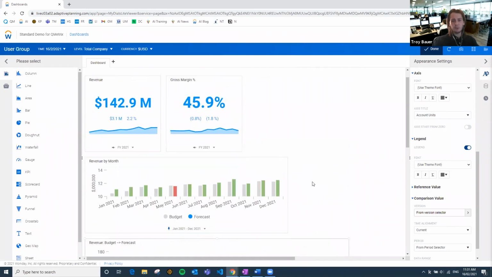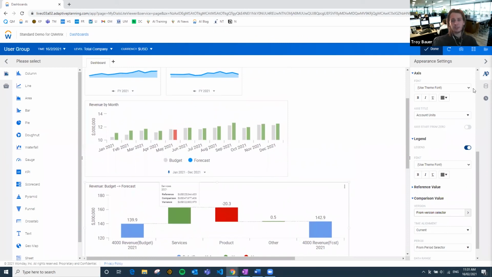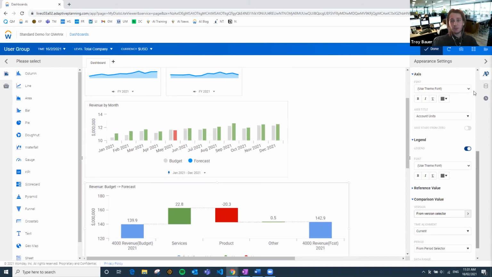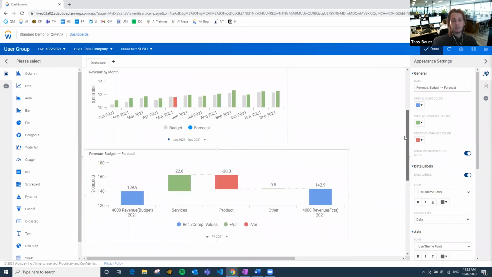If you're a stickler for color coordination, I would change the greens and the reds here to match my greens and reds that are defined in the graph above. So I've got a setting here for my positive and my negative values. I can change those colors as well as I wish. And so that way it matches the greens and reds above here. So that is about it as far as the graphics in dashboards.